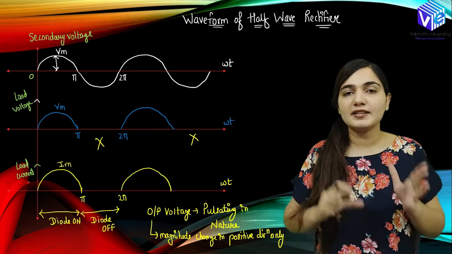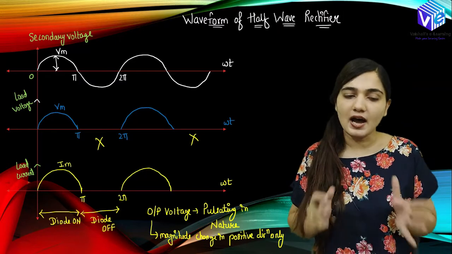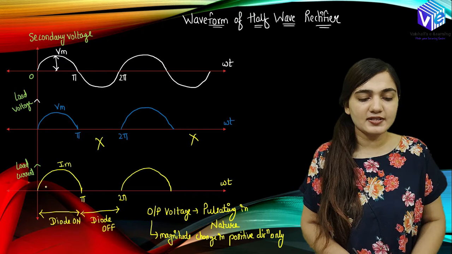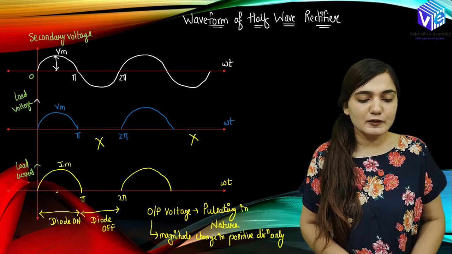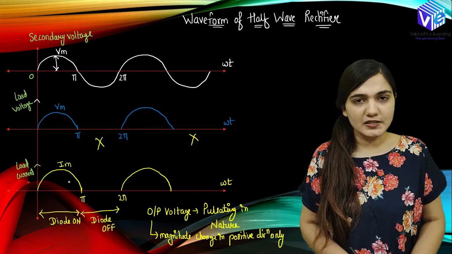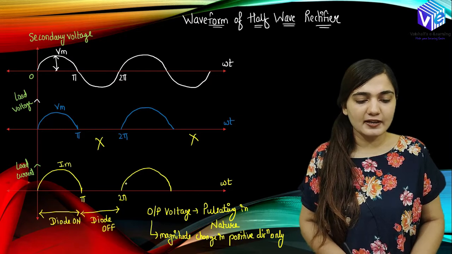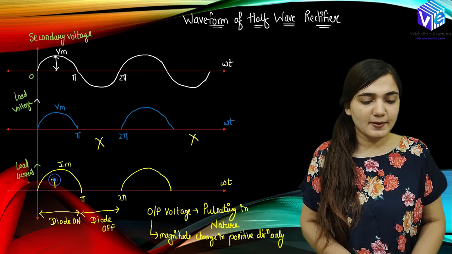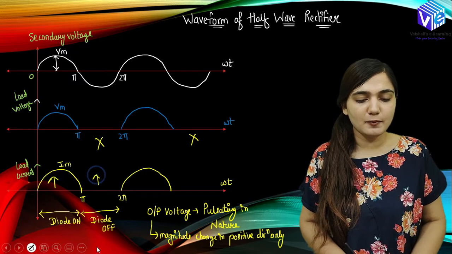It is going to give me the positive output in the half wave only, right? So here you can see the current is also having the same variation. Current is also present in the positive part only, and in the negative cycle the current is blocked, right? Same like the voltage. So here we will be having the diode on condition,